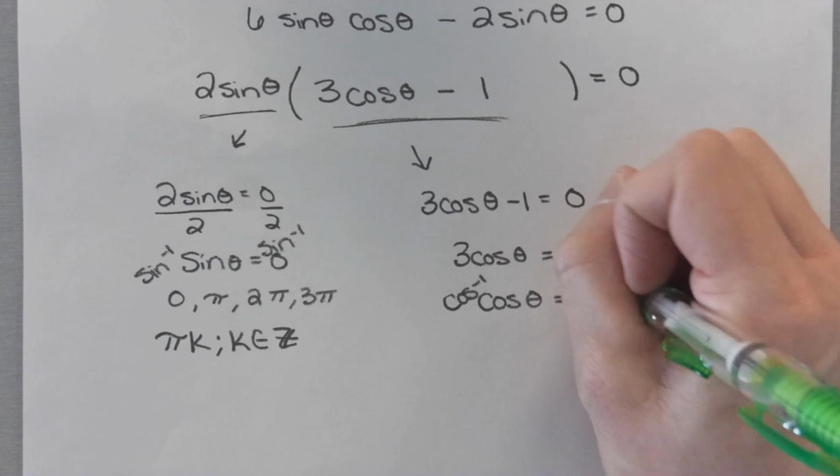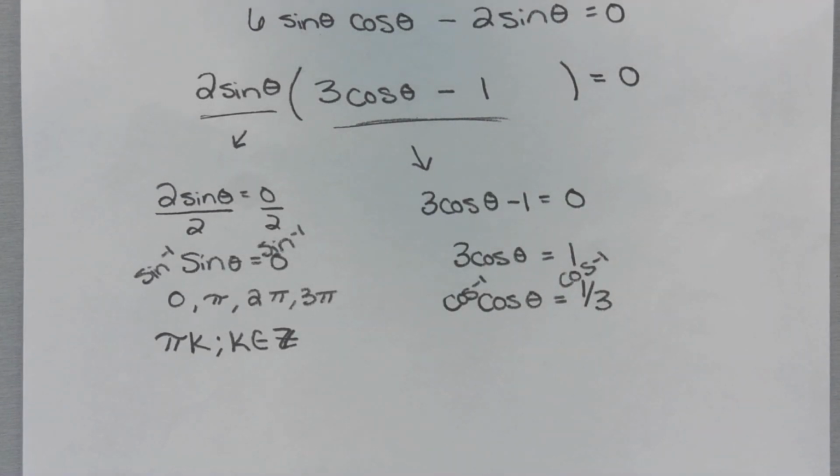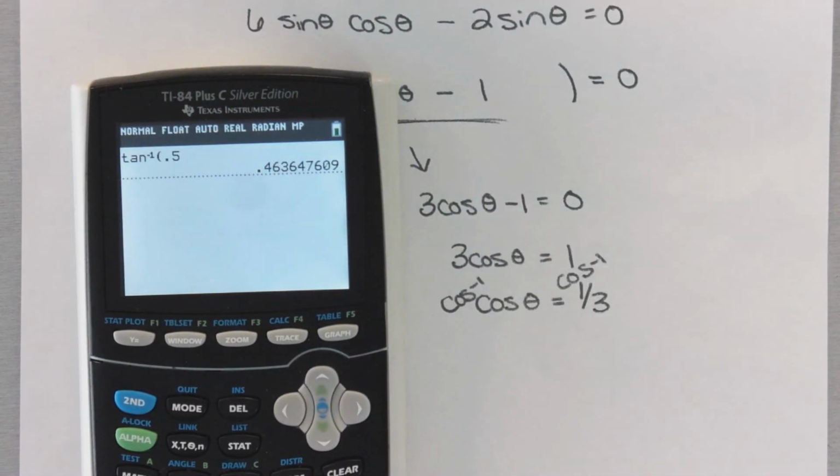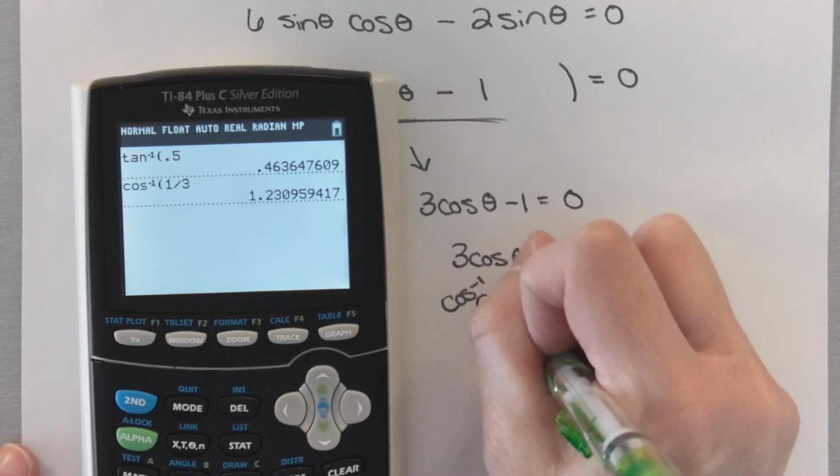Think about Buddy the Elf. Is this a thing that's on my unit circle? No, I don't know him. So I could use a calculator. If you don't have your Buddy the Elf moment, then you use your calculator. Second cosine, 1 divided by 3. Theta equals